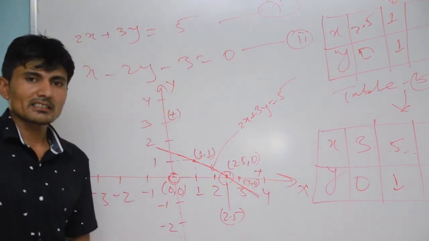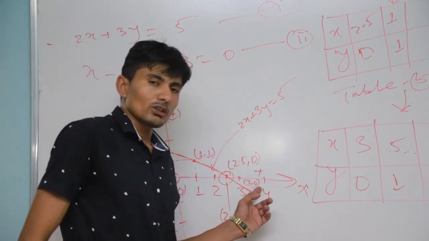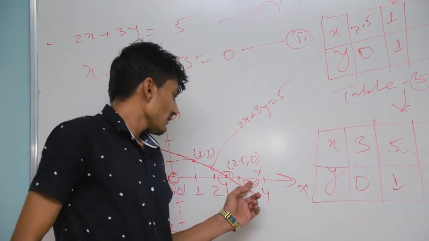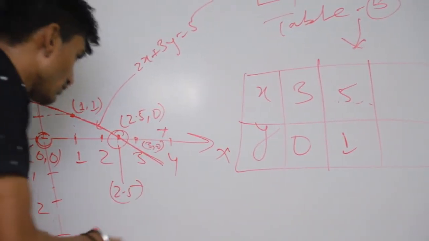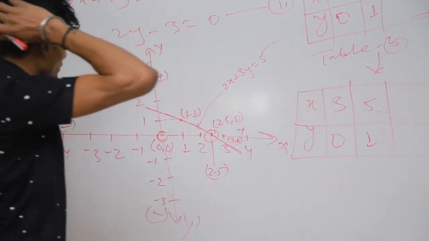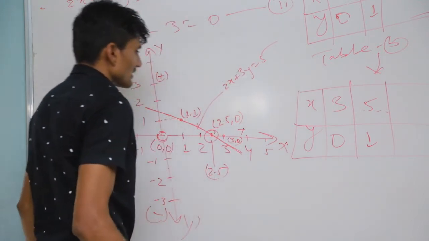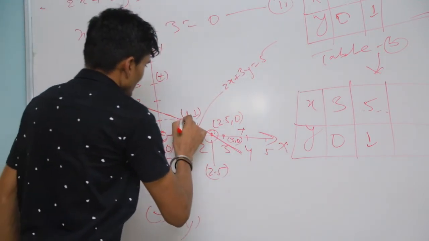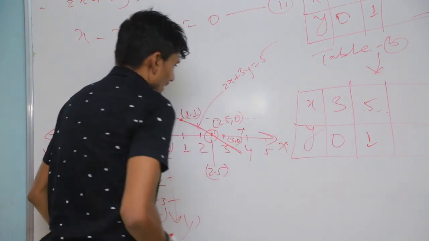At first, my dear students, we have to write the value of x, then we have to write the value of y. So we are first writing the value of x, that is 3, and the value of y, that is 0. Another one, x is 5 and y is 1. Here we are taking one more digit, that is 5, y is 1. That means this height. How can we